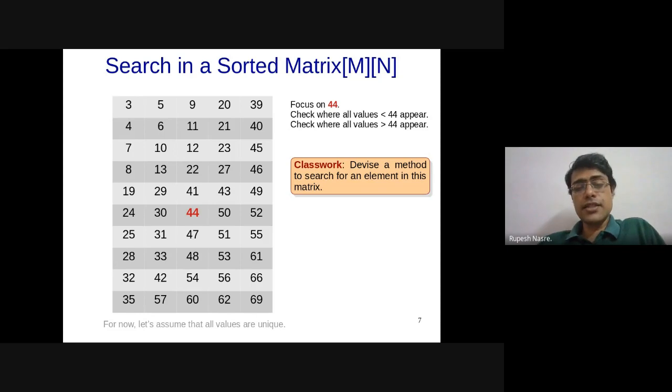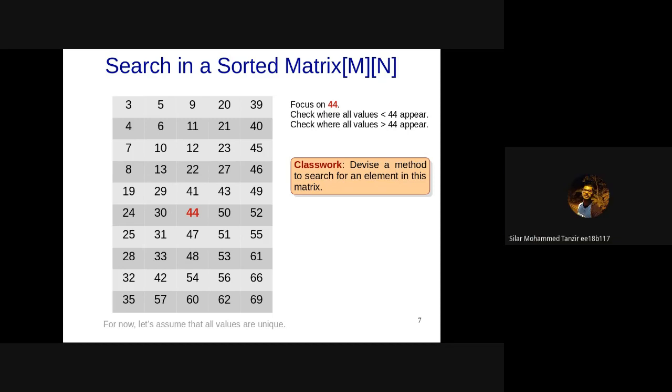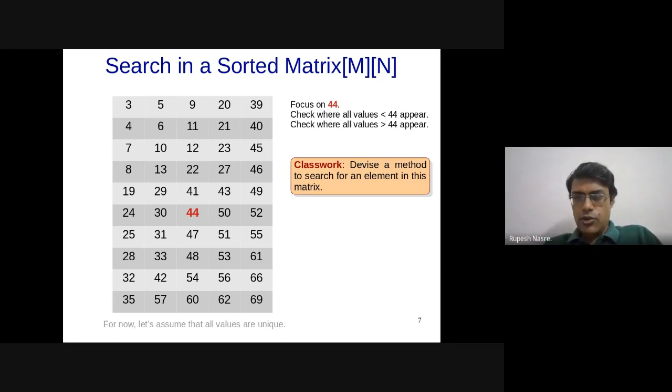Correct. So if that would have been the constraint on the matrix, then you can solve it in log of m n time. That is log m plus log n. Yeah, correct. This is different from them. Yeah. No repetitions of numbers. Yes, that is what we are assuming right now.